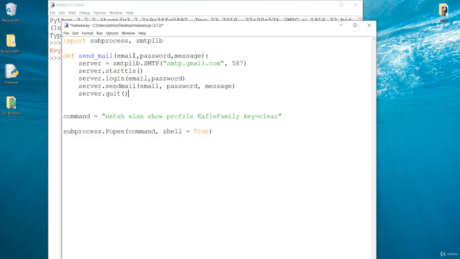You can closely see over here, we need the email and password in order to log in to that Gmail server. We send this message as a result of the execution of this command. We have seen that this command is going to give us the information about the password of this profile, which is our Wi-Fi network, and we're just going to execute that command over here. After that we get the message, we'll send it here, and it will send that message back to this Gmail, which will be the Gmail of the hacker. So let's go down, and now what we need to do is send the email.